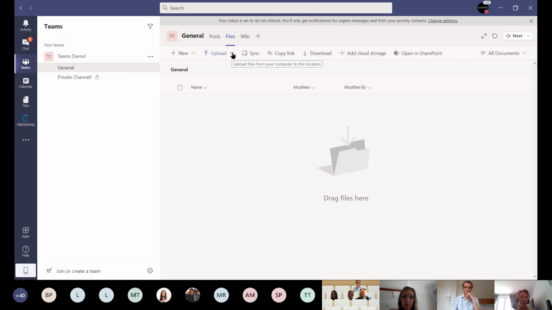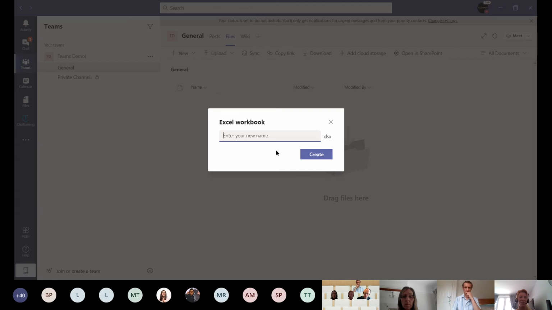So if we're going to upload, I can then start uploading existing files and folders. So if I then wanted to bring up all my workload, have a team created about the Christmas party, but I've already started documents that say on my desktop about the Christmas party, I can bring all of that file structure straight into Teams. If I wanted to create a new one, and for the purpose of this, we're going